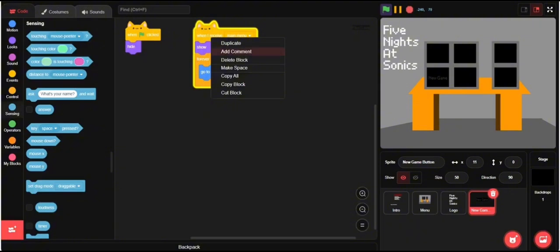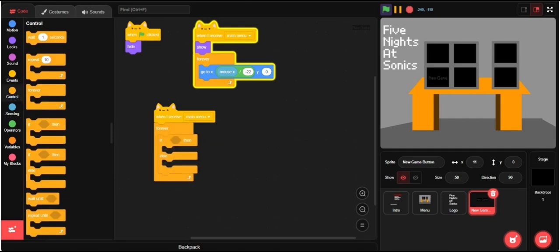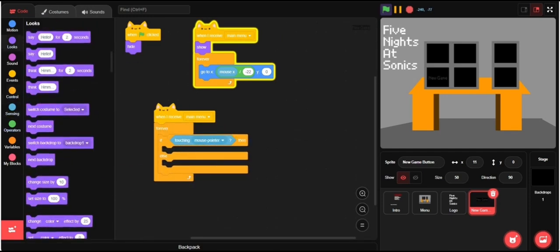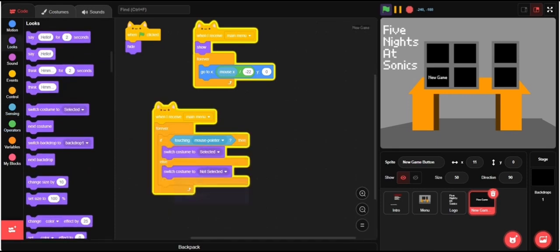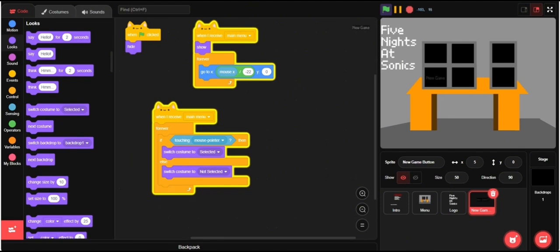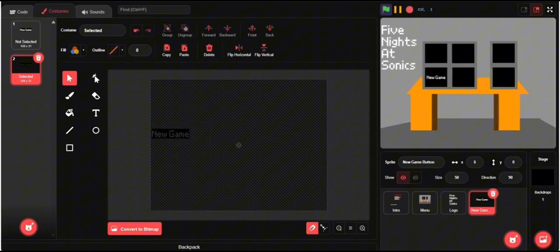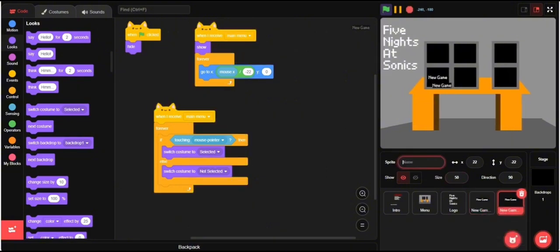We'll add another script in main menu in here. Forever, if then else, touching mouse pointer, switch costume to selected, else switch costume to not selected. That goes down a bit. Bring it up a bit. There you go. Basically for continue, you want to add a new sprite that says